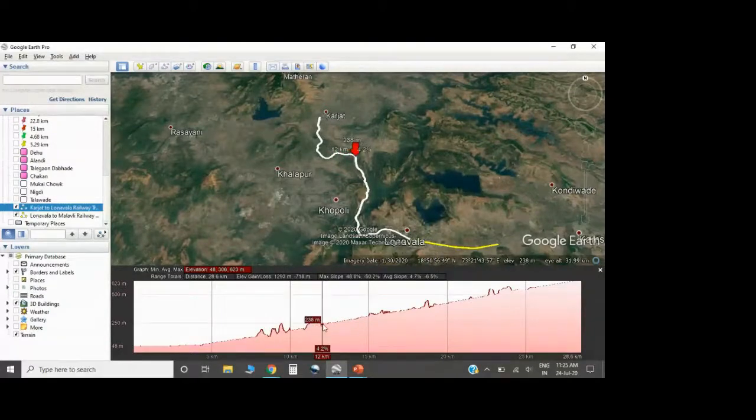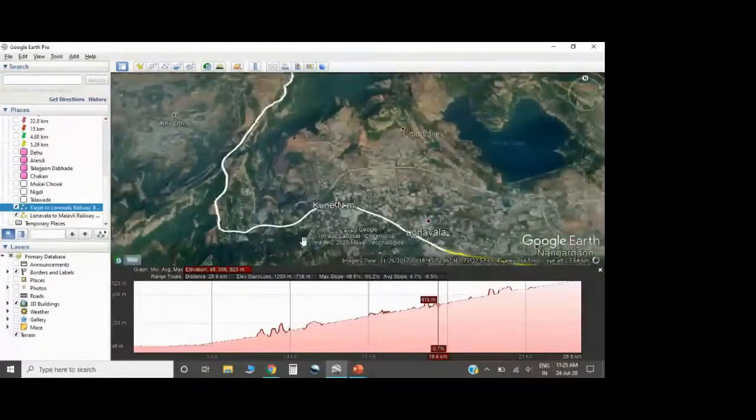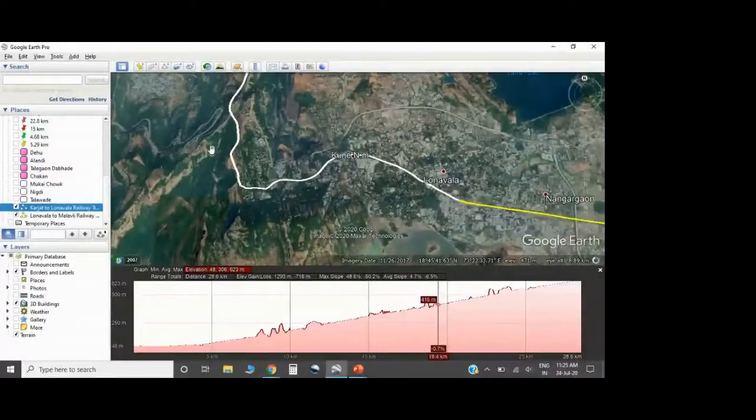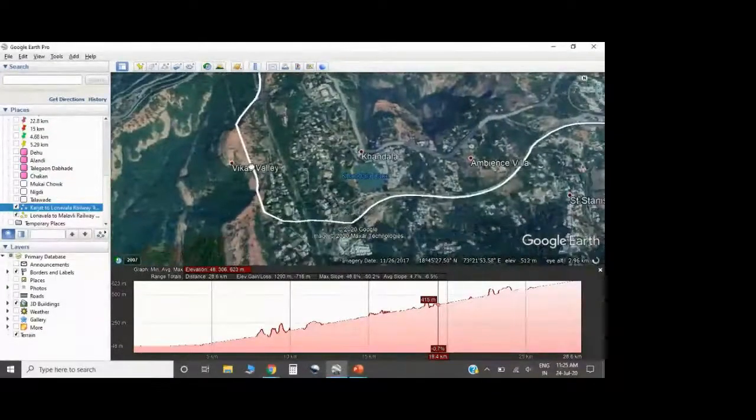You have one tunnel here. Okay. Then you have again small spikes here. You have spikes here, and just before your train enters Lonavala, there is a huge tunnel. If you see here, the red arrow that I am showing, this is the tunnel. So the railway goes underneath, and above you have the Khandala Lake and some part of the Lonavala town. So just before entering Lonavala, this is the scenario, and then again it comes out here.